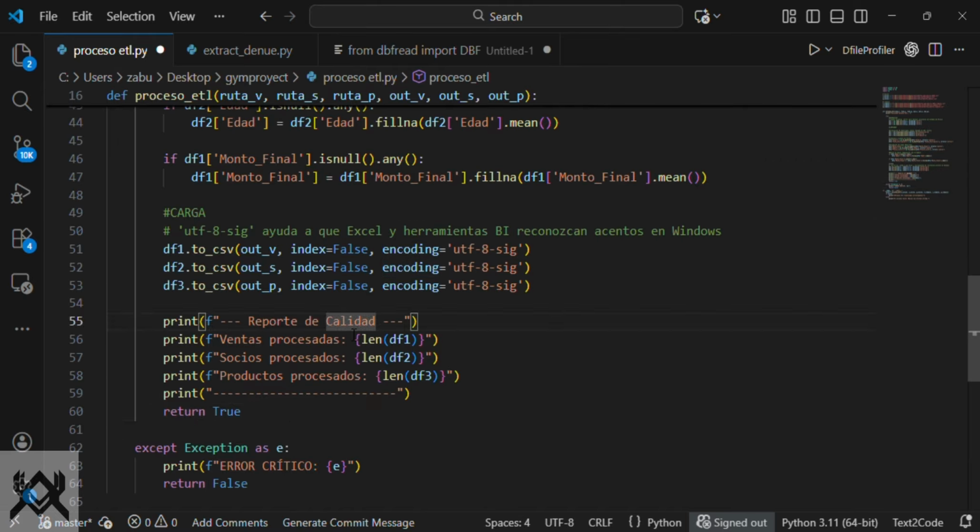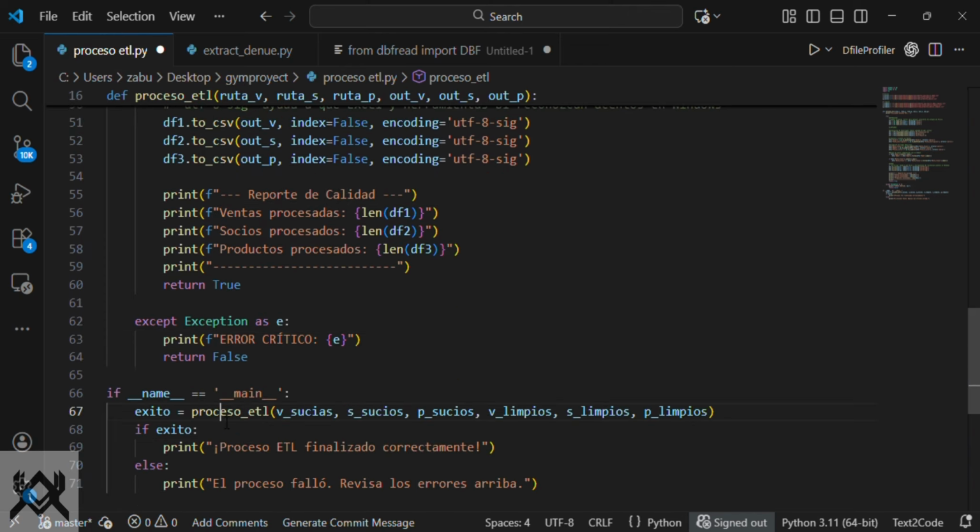Okay, and finally print processed sales length df, processed pattern length, processed products length, return true. And if we get an error, except Exception as e, and we tell me where my error is.